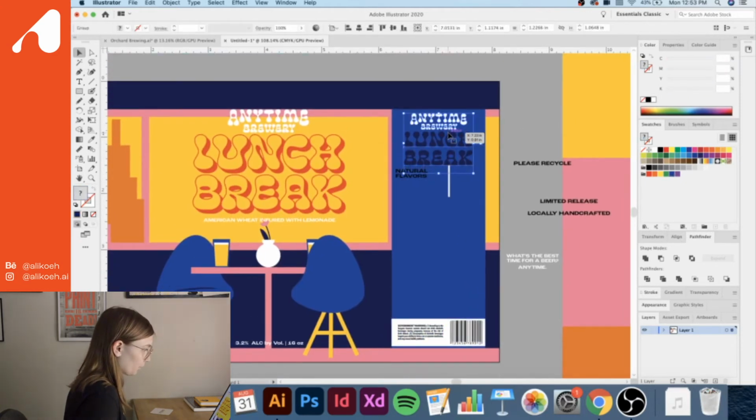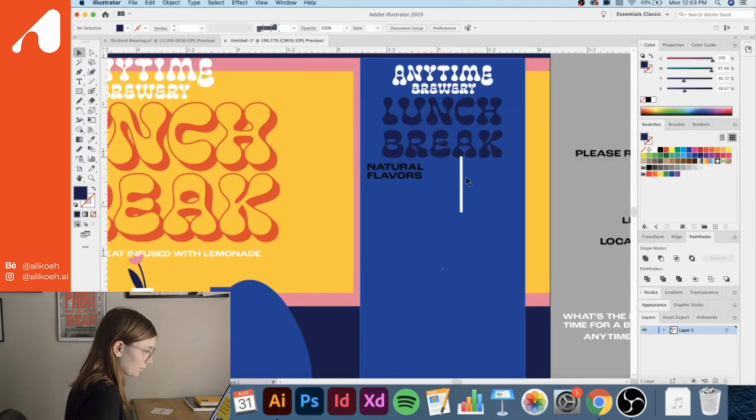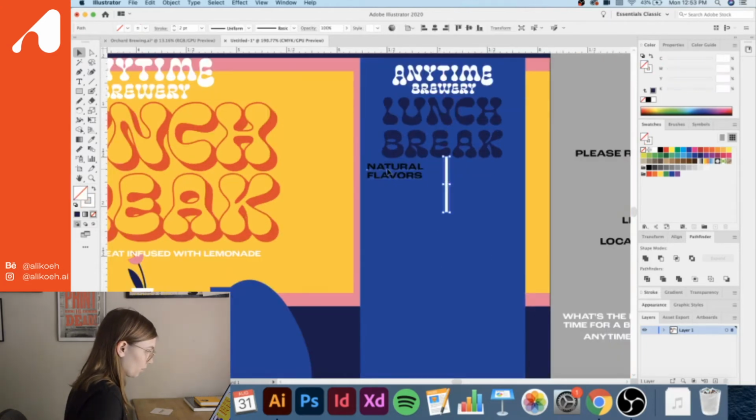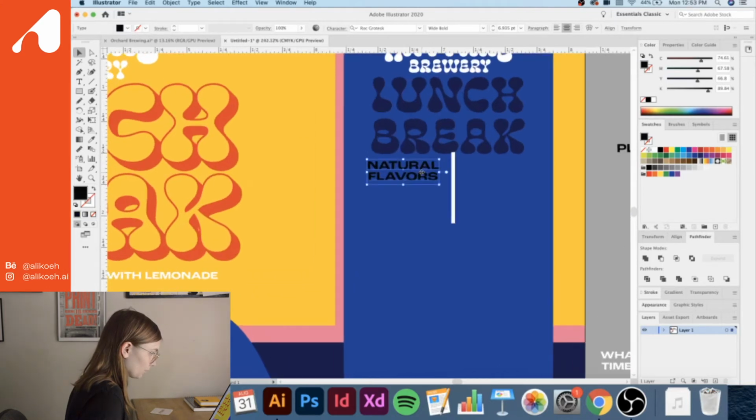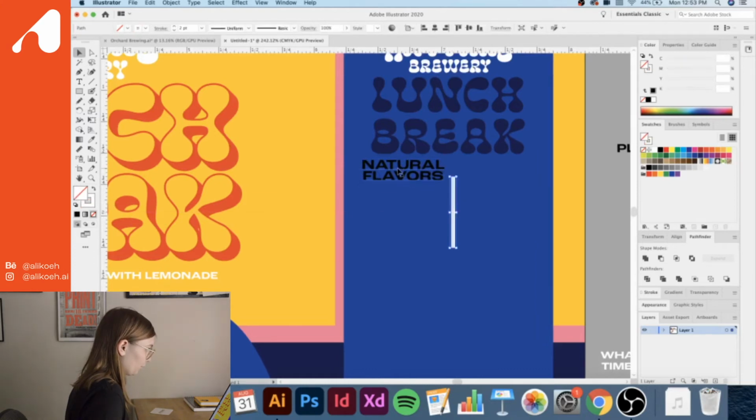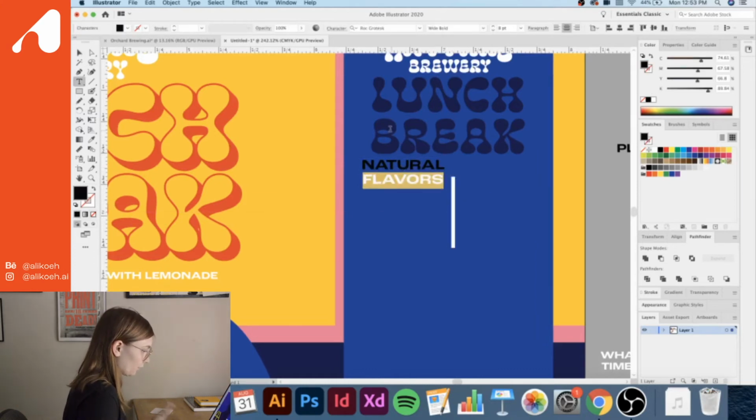So that will help improve readability, and since this is more just information, we just want to kind of help improve that, especially down for the